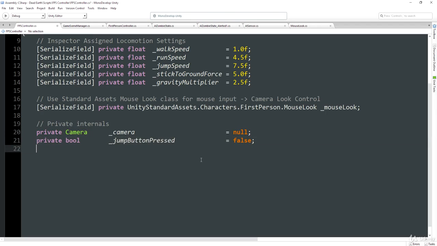Next up, we're also going to need a boolean that's going to keep track of when the jump button is pressed. And the reason we need to do this is because our character controller is a physics object, which means when we move it, we also want to move it in the fixed update, not the regular frame update. However, the input system works in the regular update, so while it's fine to apply movement to our character controller in the fixed update, because generally when we're doing this, keys are being held down and can safely be read in the fixed update, in the case of a button press, where we generally just want to have it register the frame that the key is first depressed,